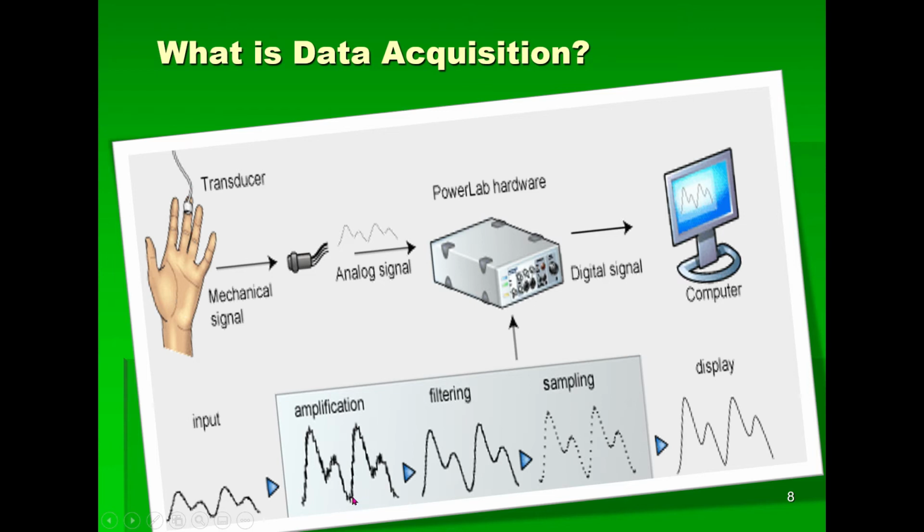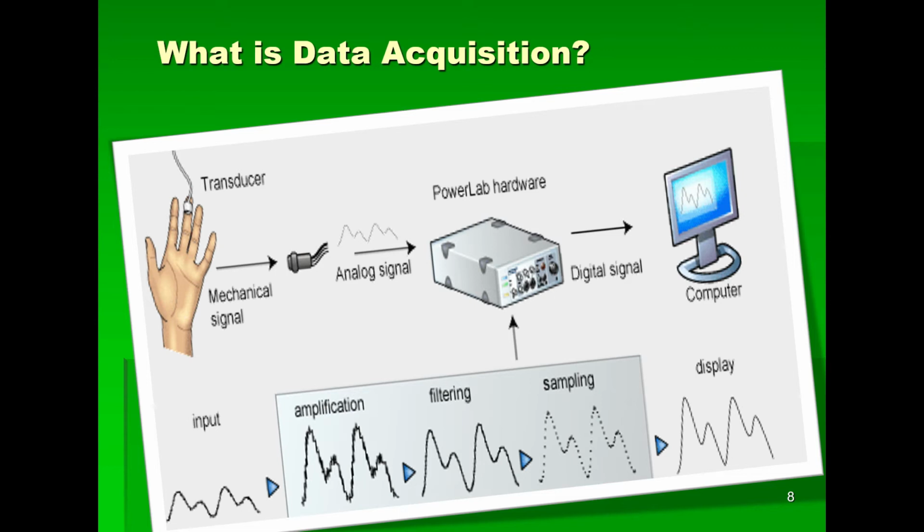Now here we have to filter out. The second step is filtering. What the PowerLab filters out is very important. PowerLab is a very powerful machine, and all the signals are in waveform. If you are recording in a room where the fan is working, there is the sound of the fan. So PowerLab will pick up the sound waves. That is why we have to remove these extra sound waves from our actual data.